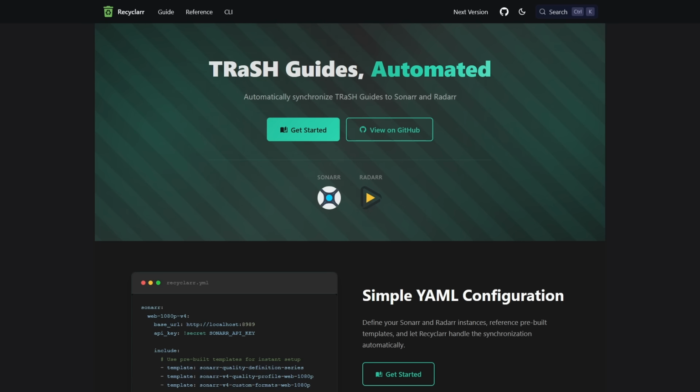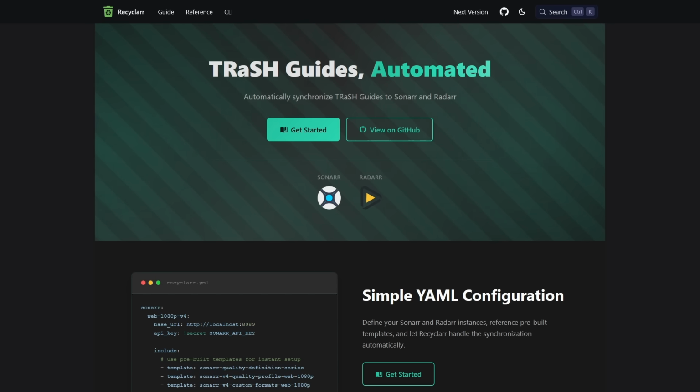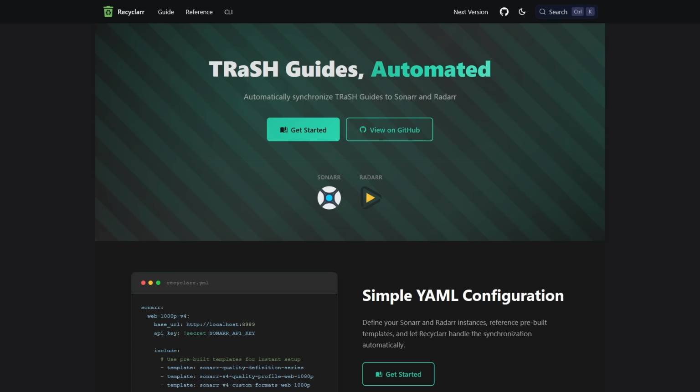And I think the way that Profilarr does this all in the UI by showing you exactly what formats do what and letting you pick and choose just with a click of a mouse button exactly what you want to sync is absolutely superior. Profilarr is a bigger investment, but you get the GUI you can actually browse, multi-database support,